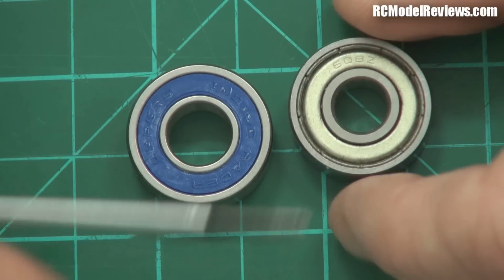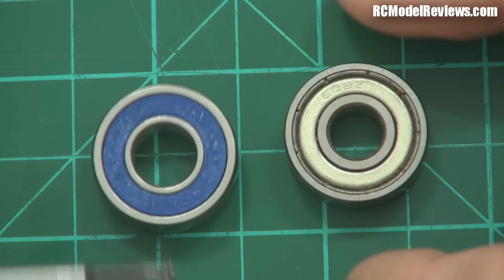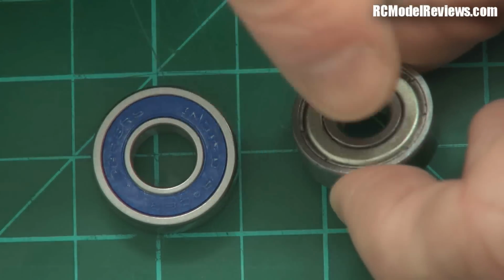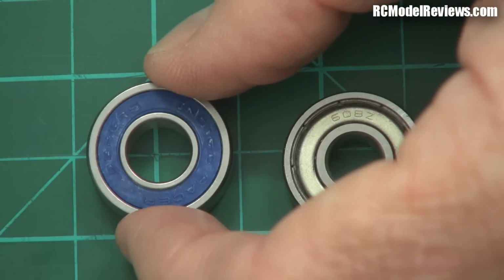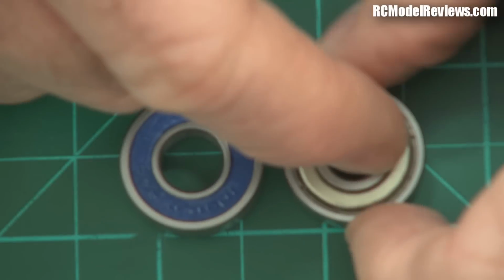So what are the downsides? Why wouldn't you use a sealed bearing all the time instead of a shielded bearing? Well, there's a thing called drag. As I mentioned, these shields can't actually touch the metal themselves, so they can't provide a proper seal. Where you have a seal, you have drag, and the drag means that this bearing is harder to turn. It's going to have more friction than this bearing,